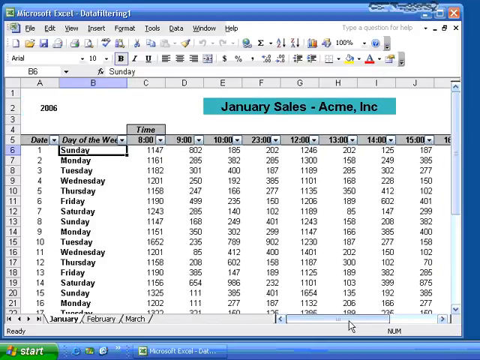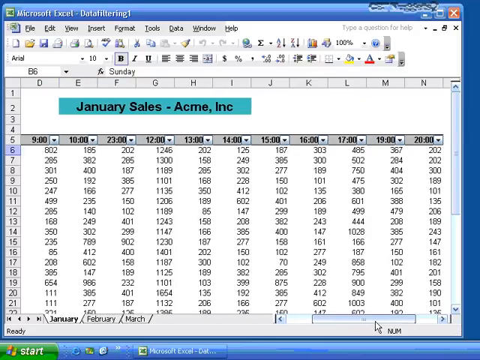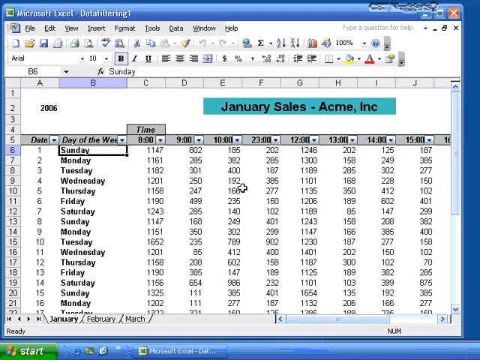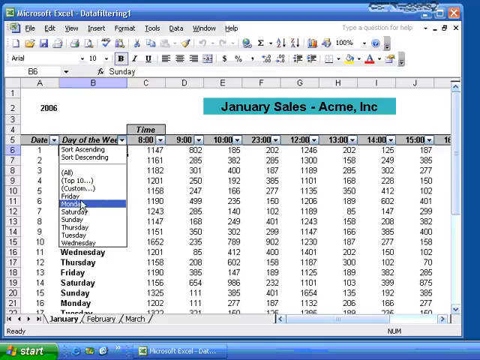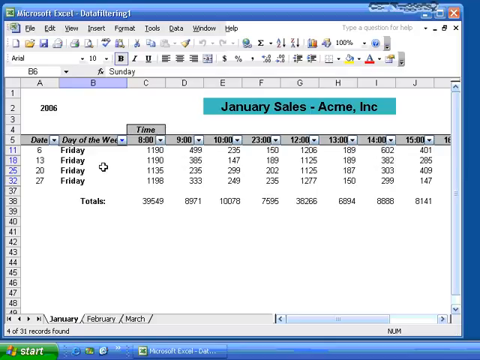Now when we look at this and say, all right, if I wanted to go in here and perhaps filter on the days of the week, I only want to see Friday or Monday or Saturday or Sunday. Let me go ahead and click on Friday, Friday's always a good day. It will show me all of the days of the week that are Friday and the corresponding data in those rows. That's the 6th, then it's the 13th, the 20th, and the 27th of the month of January are Fridays,